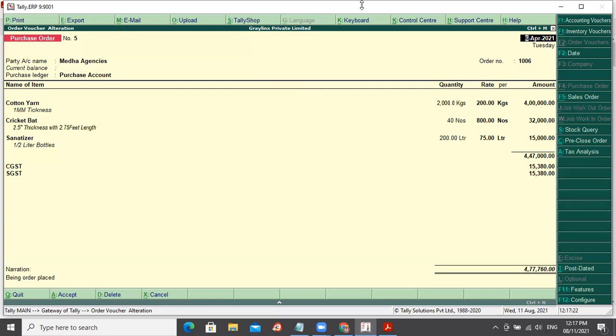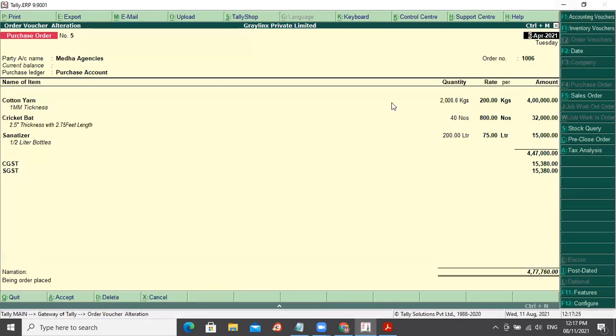I have one doubt which I want to clear. Yeah, please tell me. That's what I was asking regarding the purchase account. I have created 2 purchase accounts in my Tally. So I'm not able to configure it with GST. Whenever I'm passing an entry, it is not calculating GST.